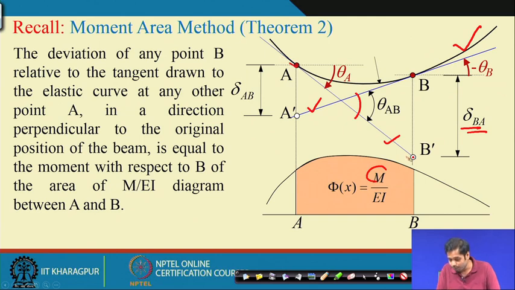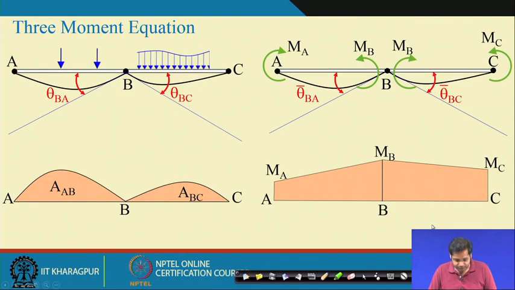So, this is the slope at point A, and the deviation of point B is the projection of point B onto the slope at point A. This deviation is given by the moment of this M by EI diagram about point A. That is the moment area theorem, if you can recall. The same theorem can be used here. So, suppose